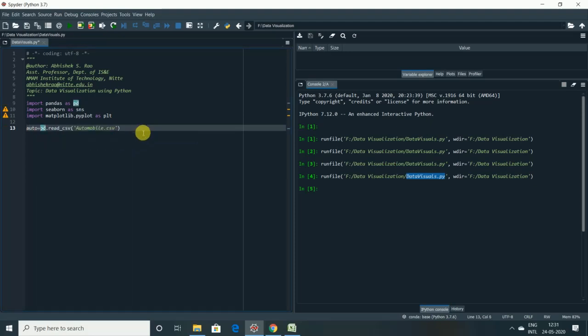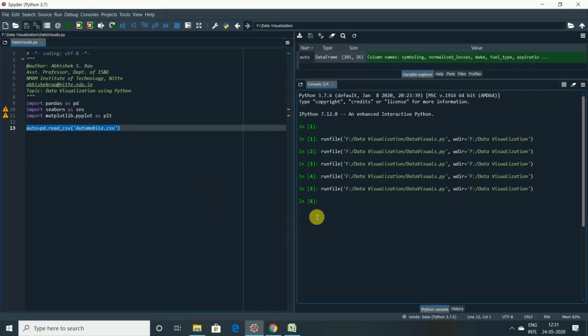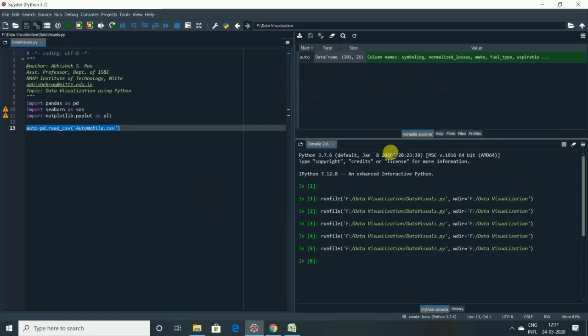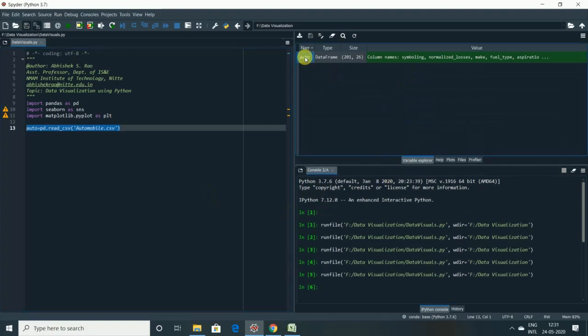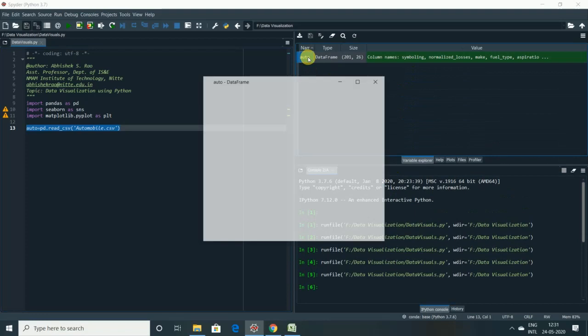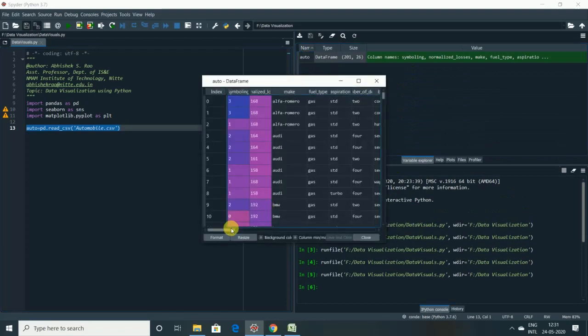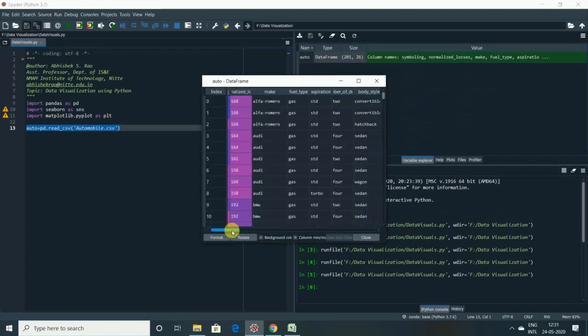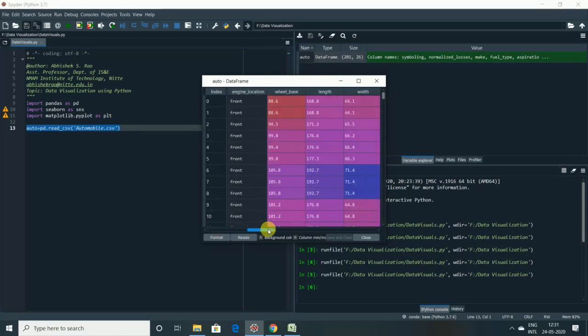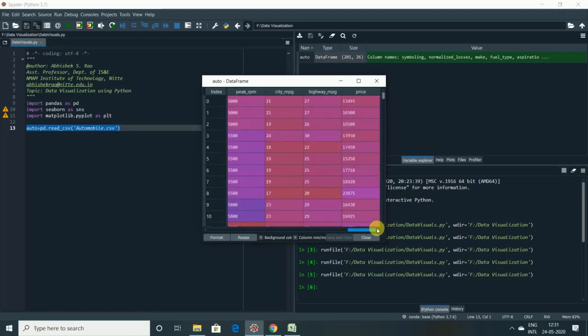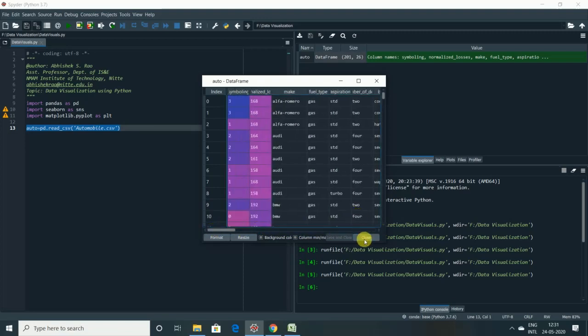Once we execute this line, we can see the data frame in the variable explorer. Just have a look here in the variable explorer. When we double click on this, you can see the data frame. The index starting from the first column is always an index, and you can see all the attributes as well as instances have been loaded in the data frame, right? So the data frame is loaded successfully.